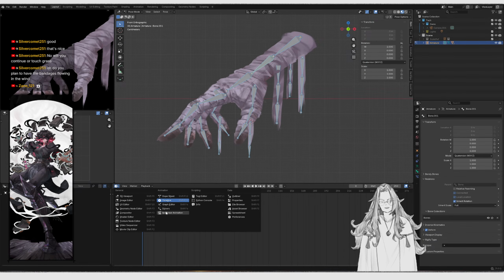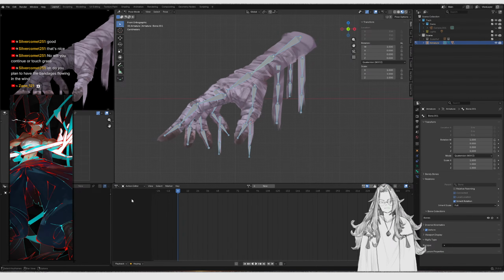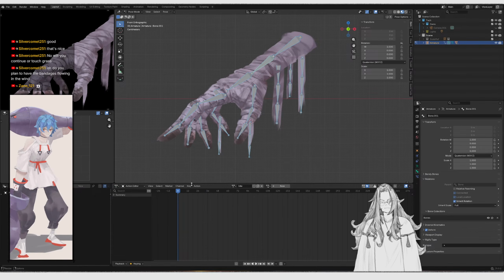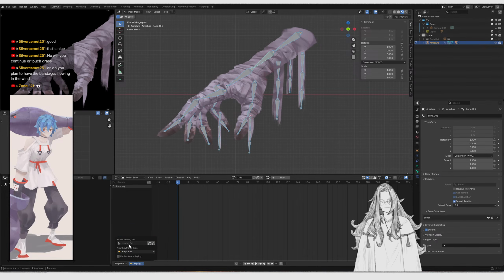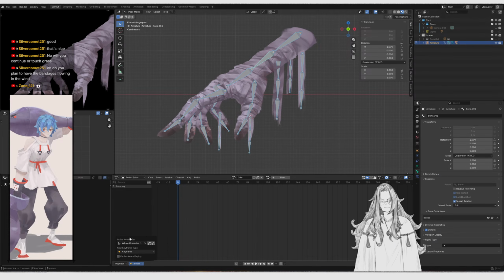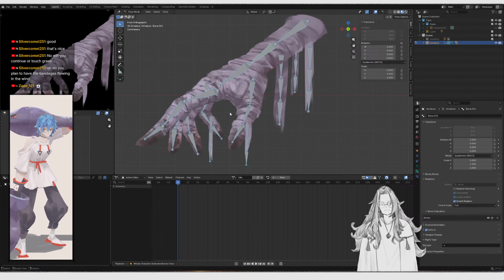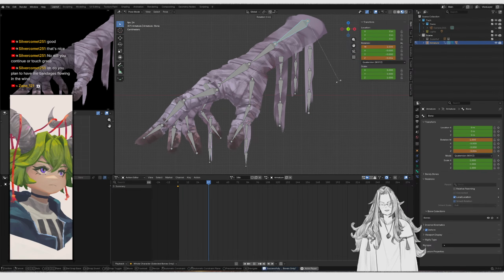If I go to the dope sheet, graph editor, dope sheet, action editor, new action, and I'm just gonna say this is idle, and then I want to have the idle action there. No, I think dope sheet is fine, because now I have access to the keying sets. I want to have keying sets, and there's whole characters, selected ones only. Yeah, so I select everything, and then I press I, and that's not keying on this. So now if I do this,